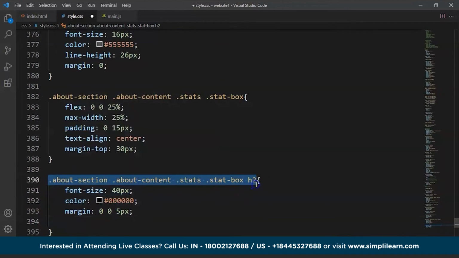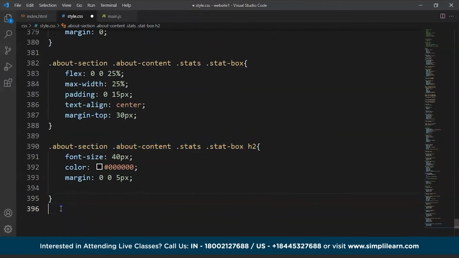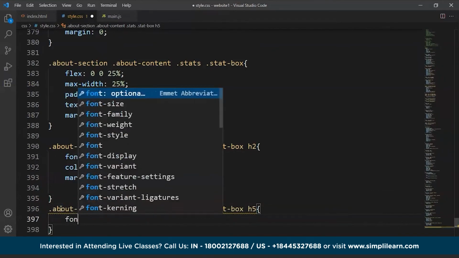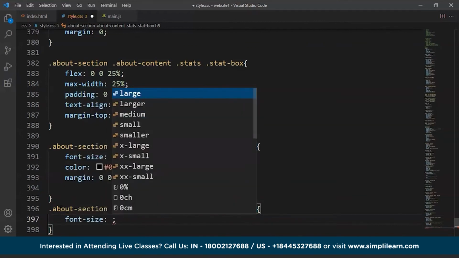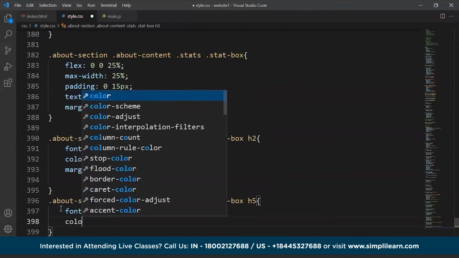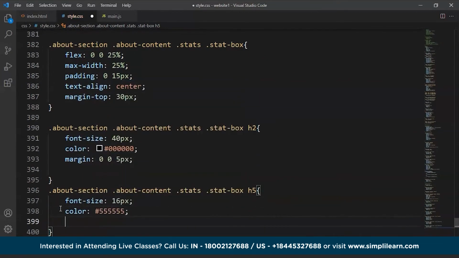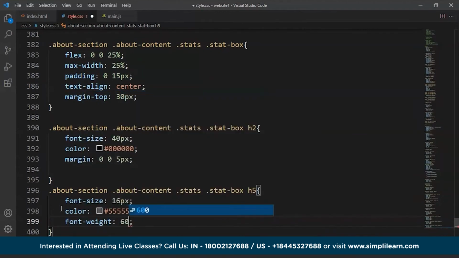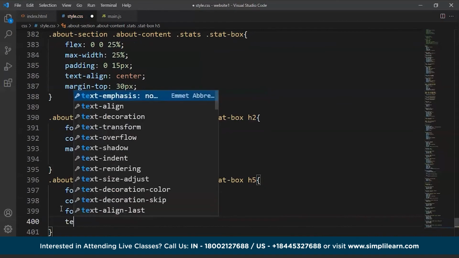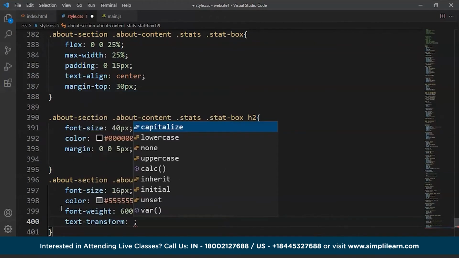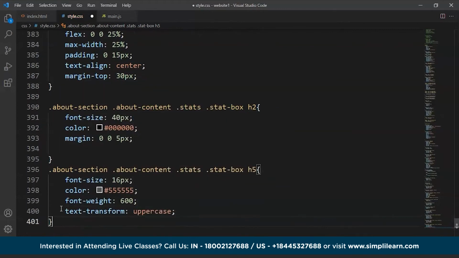Now we have to do the same thing for H5 heading text, so we'll write here H5 instead of H2. Font size is going to be 16 pixels. Then we have color is going to be gray. Then we have font weight is going to be 600. Then we have text transform, and text transform is going to be uppercase